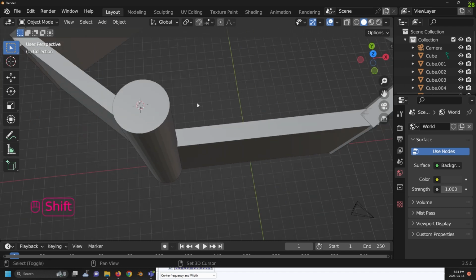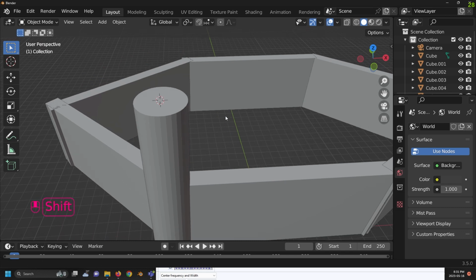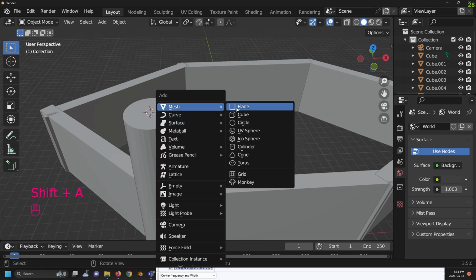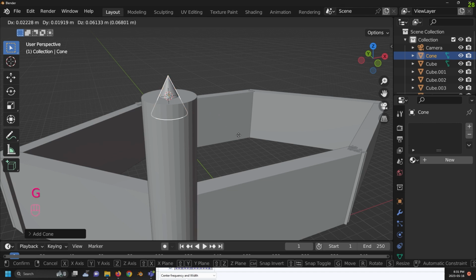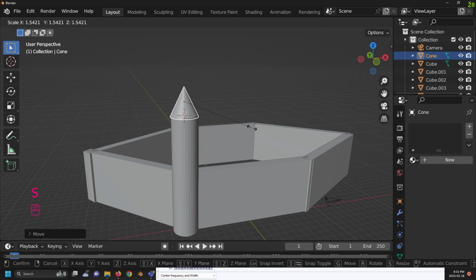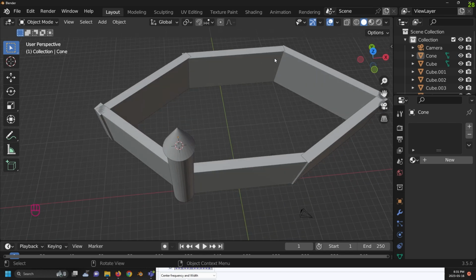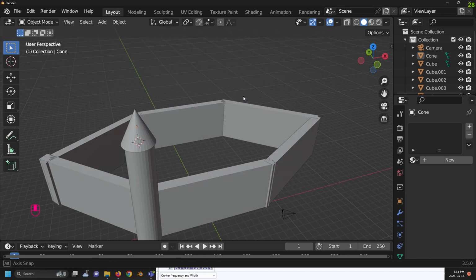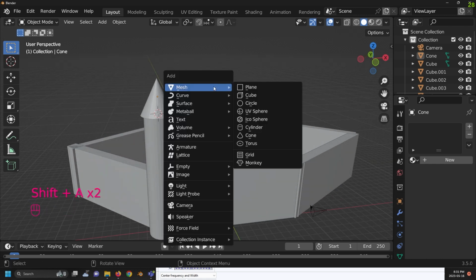And now my 3D cursor is on top of this cylinder. Now if I press Shift A, Mesh, Cone, my cone spawned right here. I can move the cone up by pressing G and Z, and now I can scale it however I like. Now I want multiple towers. I want a few more towers. So what I can do is, sure, I can recreate my tower by pressing Shift A, cone, and cylinder and